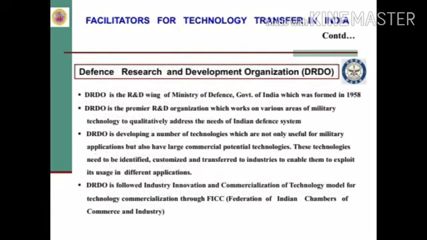One more important facilitator for technology transfer is the DRDO, Defense Research and Development Organization. DRDO is the R&D wing of the Ministry of Defense, Government of India, which was formed in 1958. DRDO is the premier R&D organization which works on various areas of military technology to qualitatively address the needs of